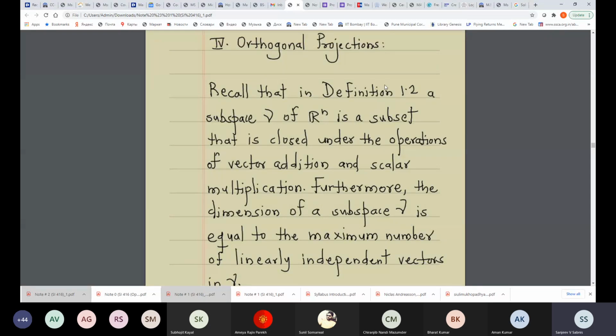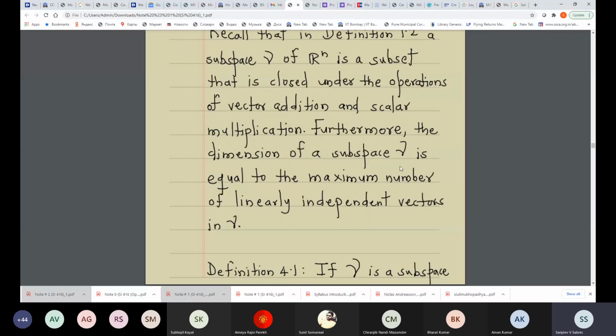Now recall the definition. If you go back to definition 1.2, actually I did not display this. This gives you the definition of a subspace. So recall that in definition 1.2, a subspace of Rn is a subset that is closed under the operations of vector addition and scalar multiplication. Furthermore, the dimension of a subspace nu is equal to the maximum number of linearly independent